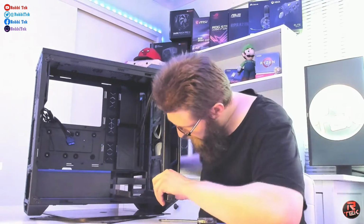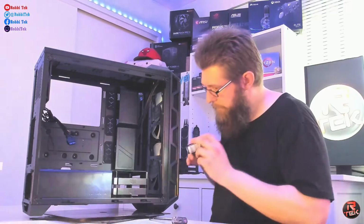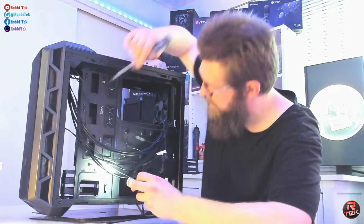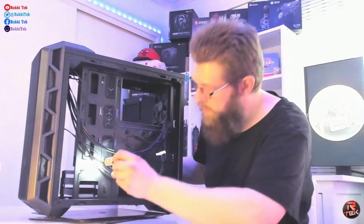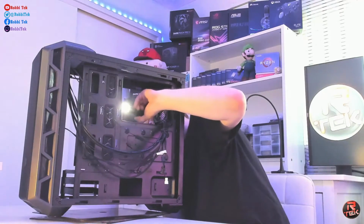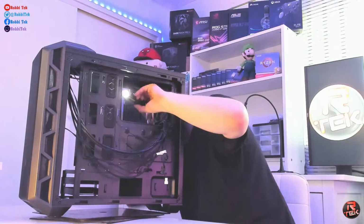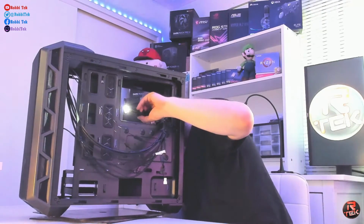So I will pop that back into place so that I don't lose anything. Okay. Now if we go to the back side, there's a couple of screws just here. There's actually 3, so which one's connected to what is going to be another story. So we've got 2 connected to the shield itself. That's going to cover a lot of the cable mess coming through, and that can be removed, I believe. On the top it's just clipped in, so yep, that can be removed if need be,